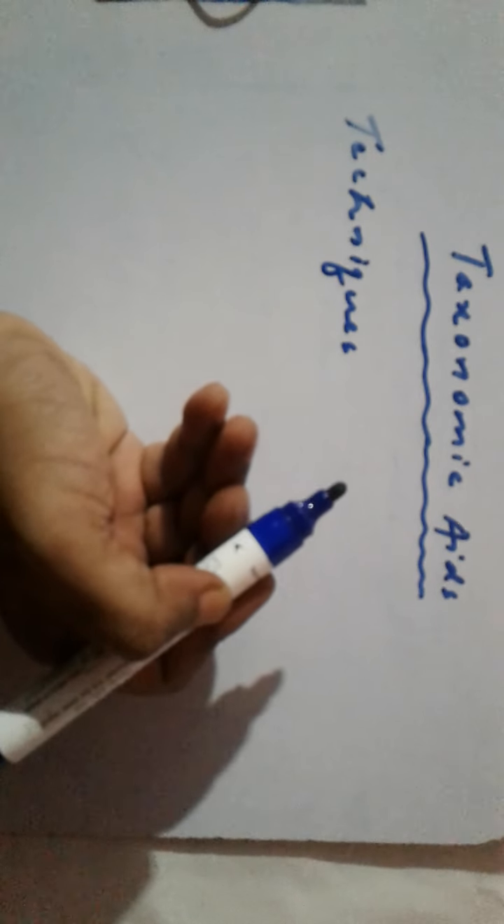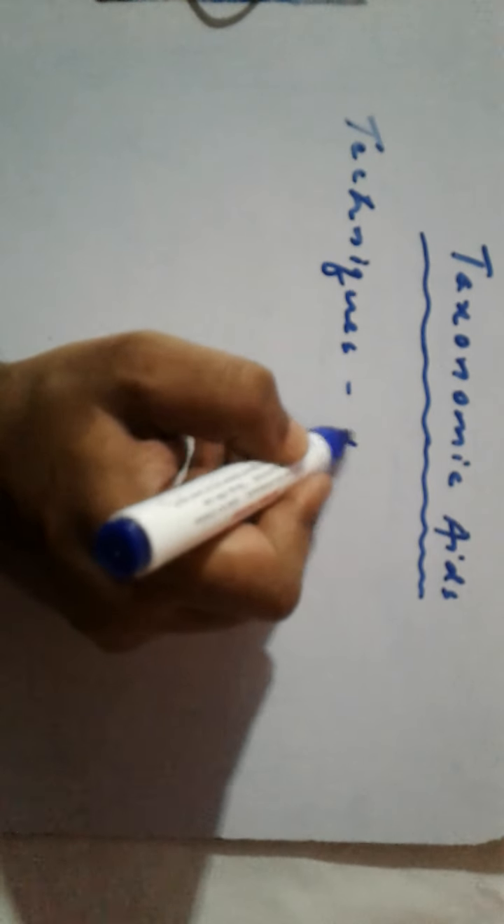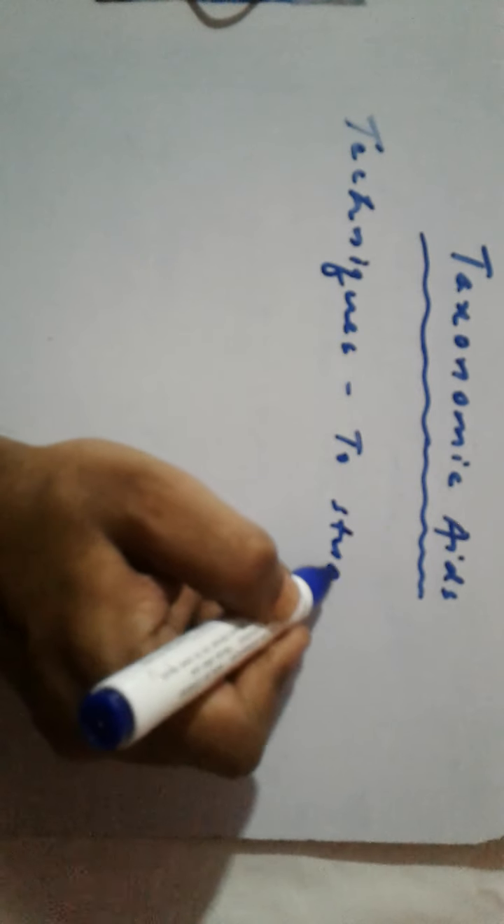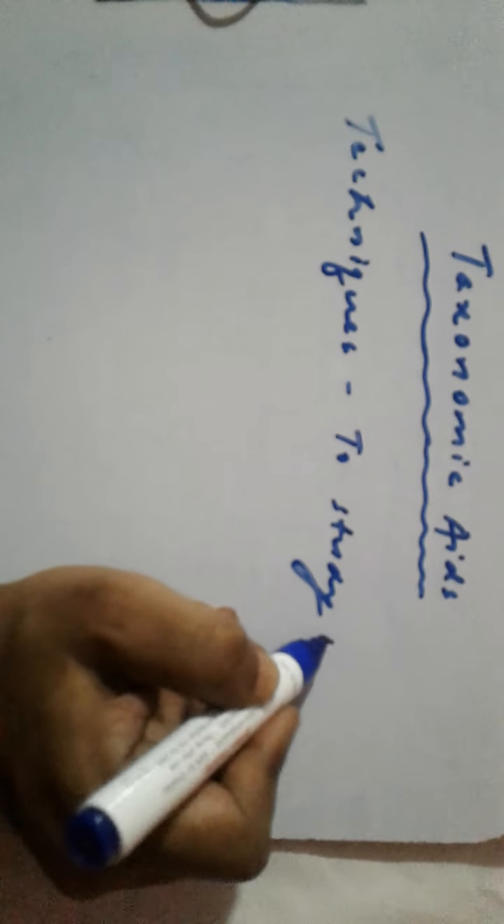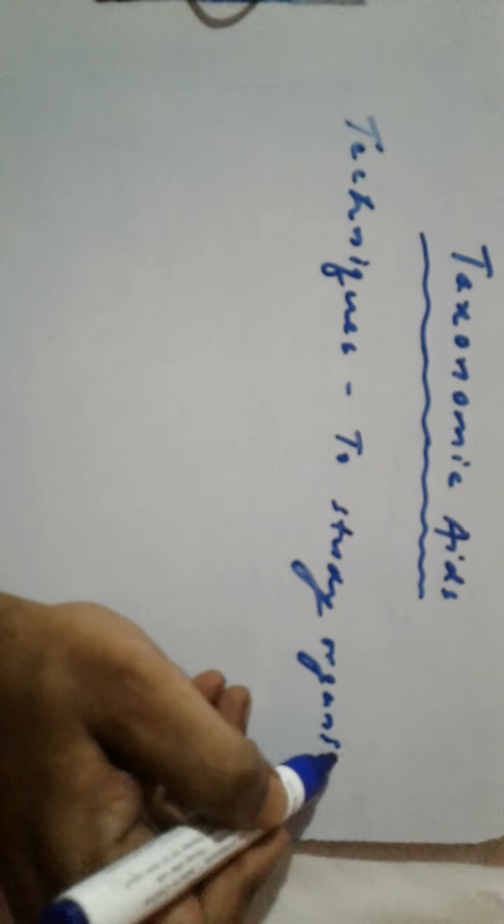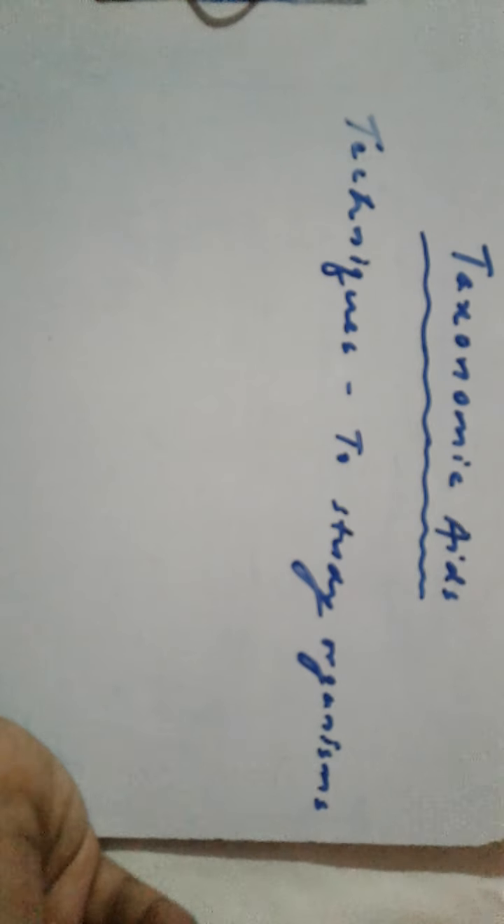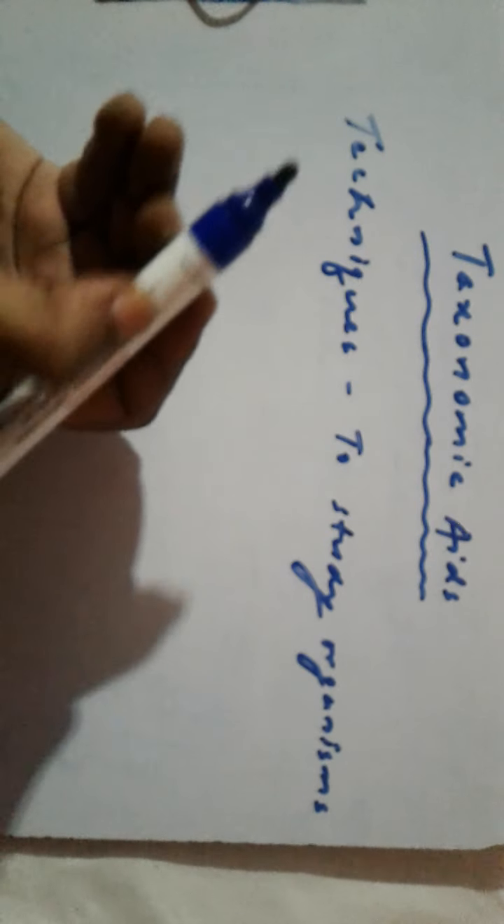Hello students, today we are going to deal with the last lecture series of the living world, that is taxonomic aids. What are taxonomic aids? These are techniques to study organisms. They are generally five of them: